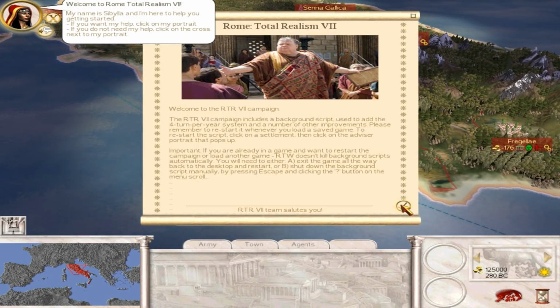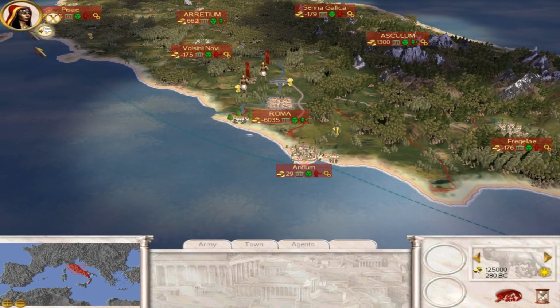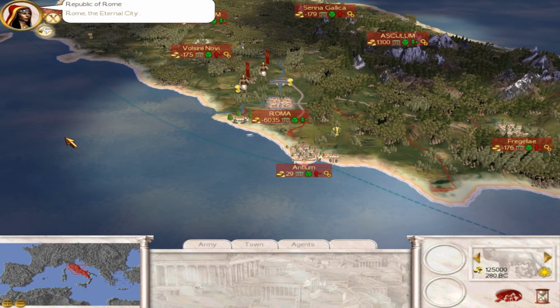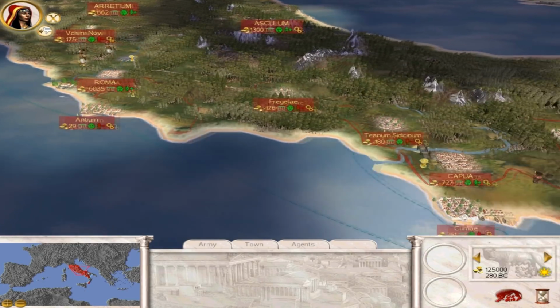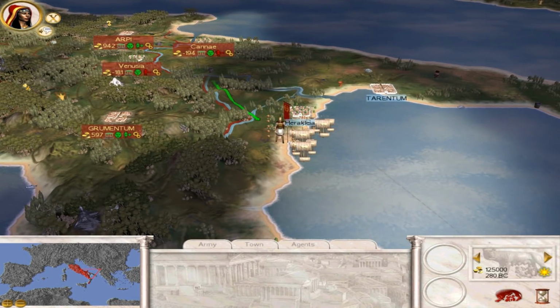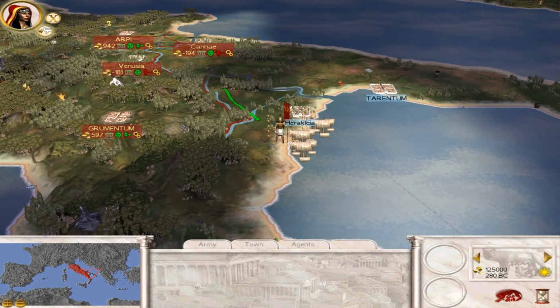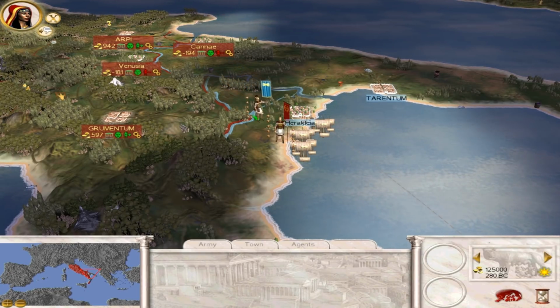Anyway, it's just giving you a little bit of advice that I've already seen. And then we got our campaign advisor up here who's introducing herself. And she basically walks us through the beginning of the campaign. So there's Rome, the Eternal City. And she's going to walk us down here to a historical battle that starts off the campaign, which is pretty cool. So we're going to fight the Battle of Heraclea, which was the historic face-off between King Pyrrhos and, oh,